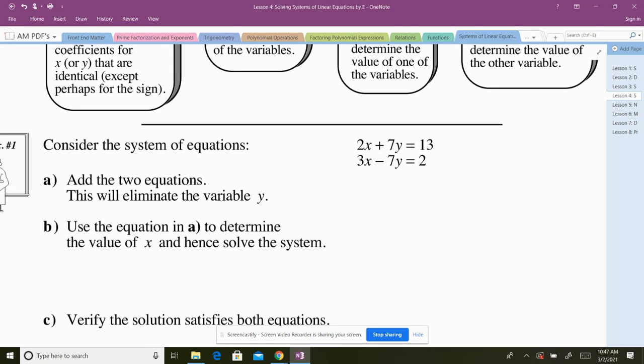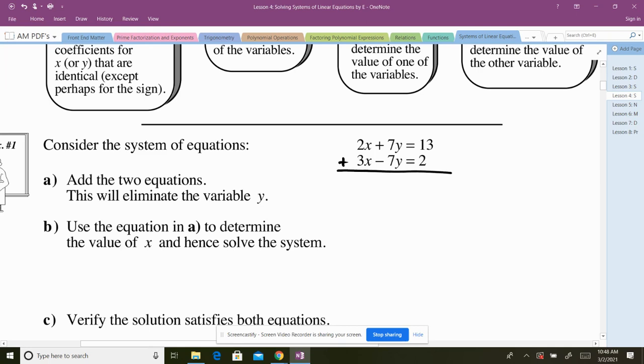I'm going to tell you how to do it. If you line up the equations, x's over the x's, y's over the y's, equal sign over the equal sign, and the 13 over the 2, sorry, you can add equations. So if you add these two equations,